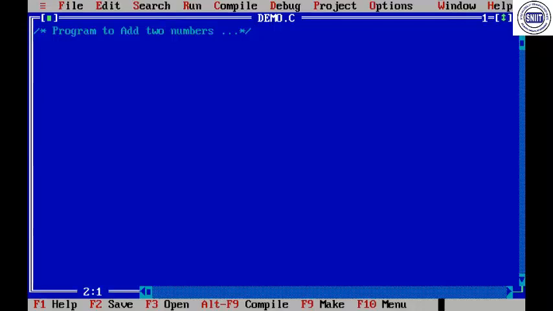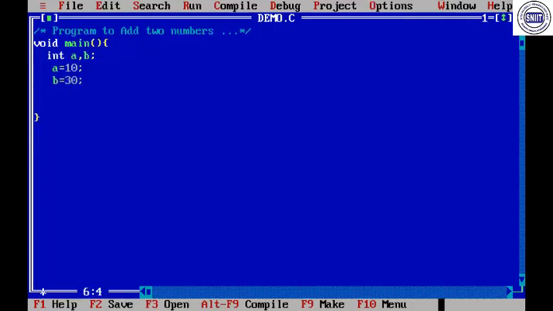So here I'm writing a small program like this one. Here I'm taking int a, b. In this, a equals 10 I'm giving, and b equals something like 30.